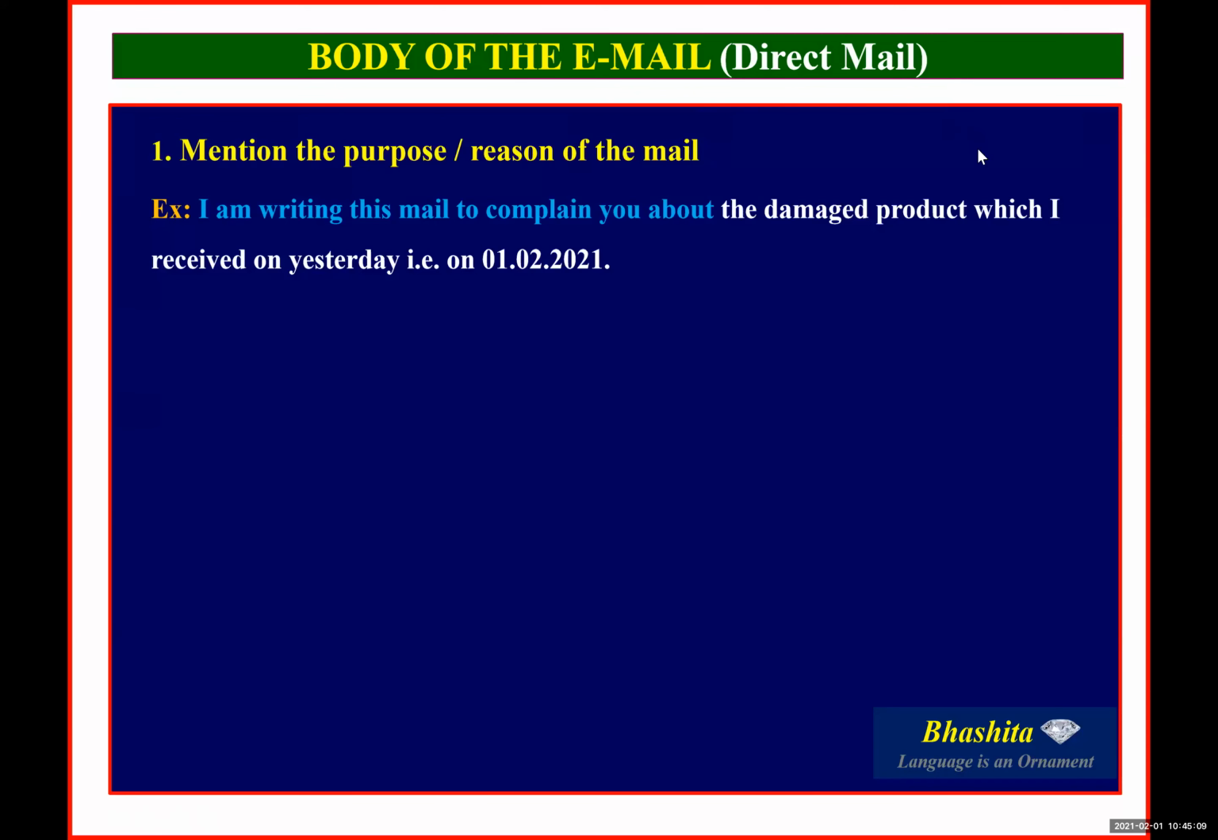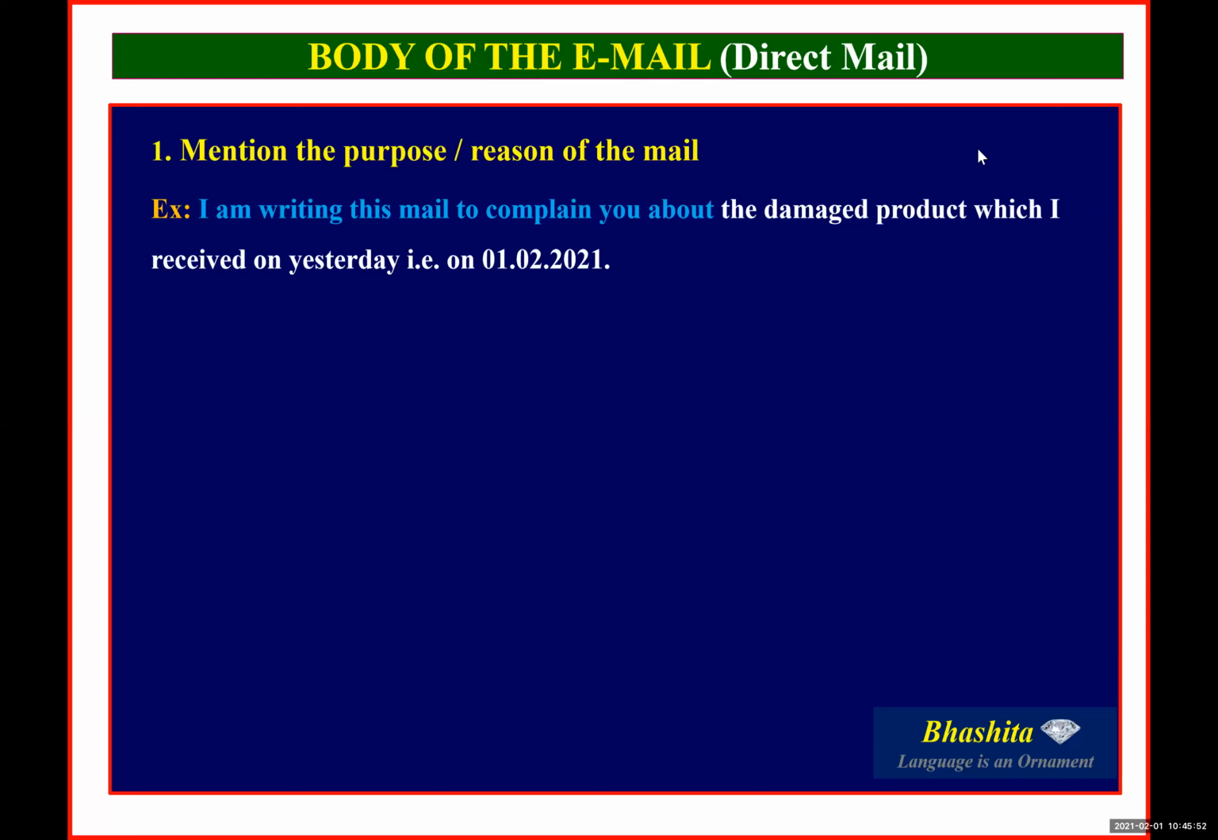I am writing this mail to complain to you about the damaged product which I received yesterday, that is on 1/2/2021 or else 31/1/2021, whatever it is. Okay. See, observe carefully. How did I start the email? If it is a complaint mail, what is the first element I have to include? I have to highlight the purpose of drafting the mail. How did I highlight the purpose? In what way have I started? By using an expression like, I am writing this mail to complain to you about the damaged product which I received,